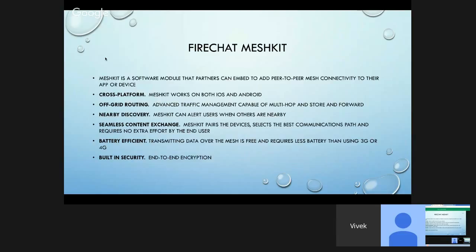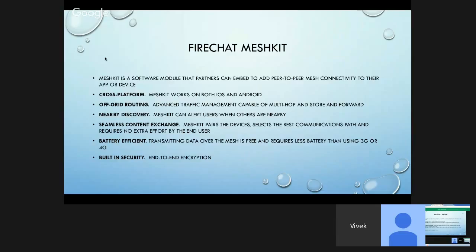So other apps can use the mesh kit to make their app work like FireChat does. It's also cross-platform. It works with iOS and Android. And it's basically the same thing as Open Garden off-the-grid routing. It has traffic management and multi-hop and store and forward.